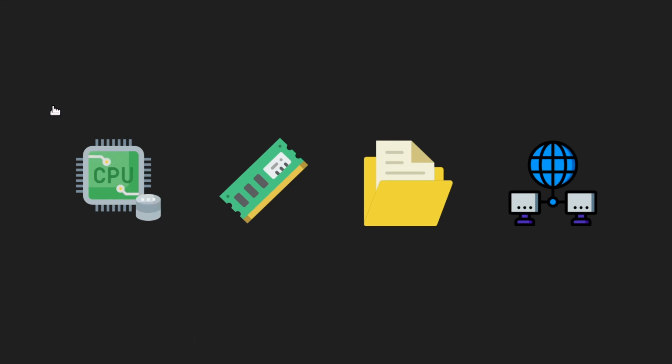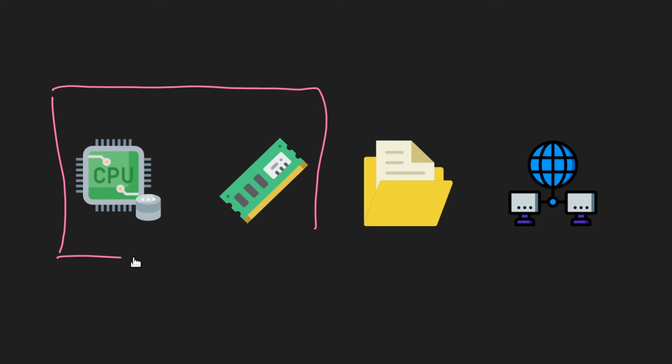CPU and RAM are pretty fast. Accessing data from these sections of memory is very efficient, no problem at all. But these two areas, the file system and network calls, that is Wi-Fi, LAN, you're talking to some other website, API calls and all that, these are very time consuming.